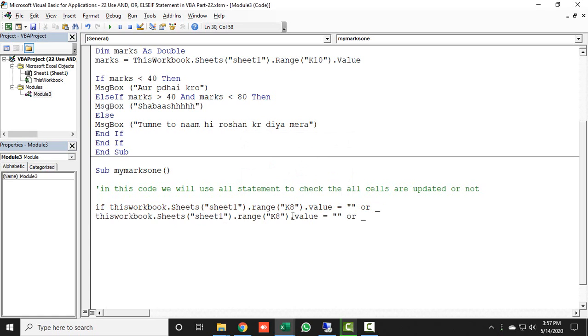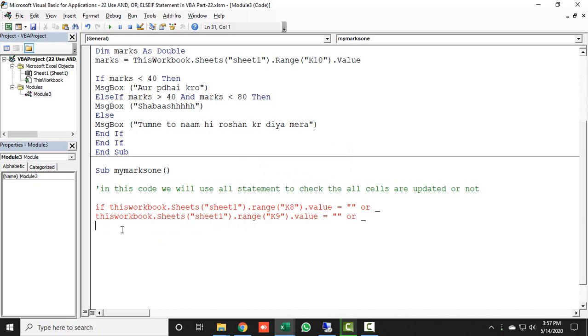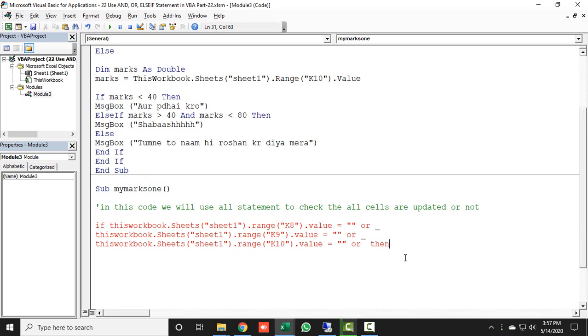Alright, now here I will change the cell name, which is K9, and then in last K10. Alright, so these three cells I have passed, and if all these cells are blank, then first we need to remove this OR because our condition is completed.